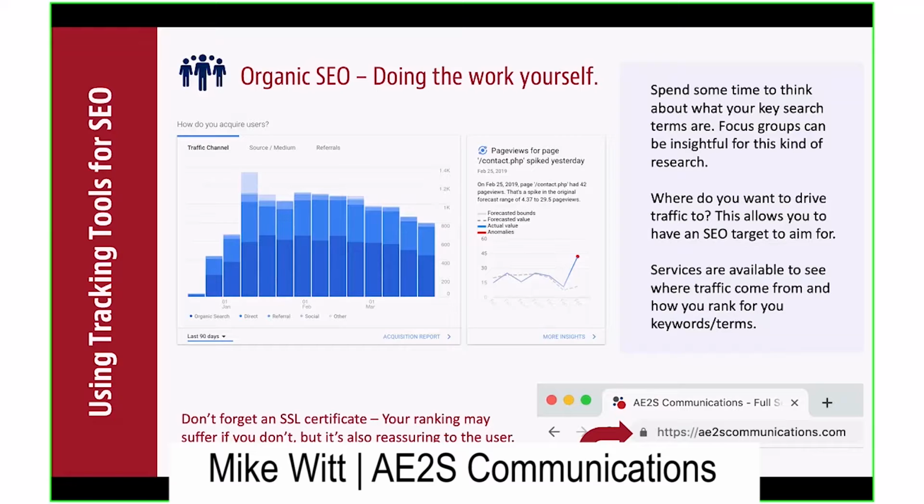So how do we do some SEO ourselves? This is tricky. I think we all want fast results, but I always equate SEO to a garden. You have to plant the seeds, wait for them to sprout, then nurture it and weed. It's like SEO: you have to monitor things, go back, make corrections. And these tools that I'm going to talk about help you do that.